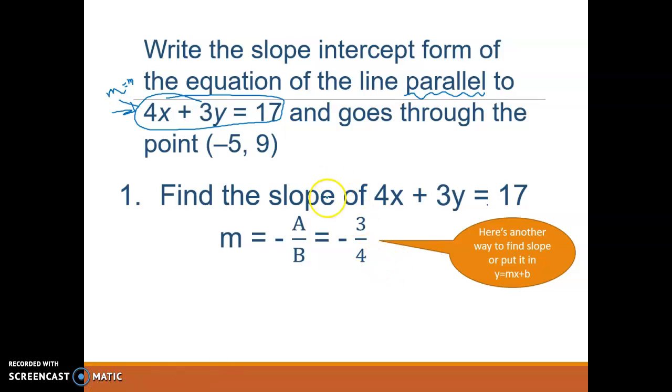There are two different ways that we can do this. We can actually use this little formula, negative a over b. Don't forget, a is our